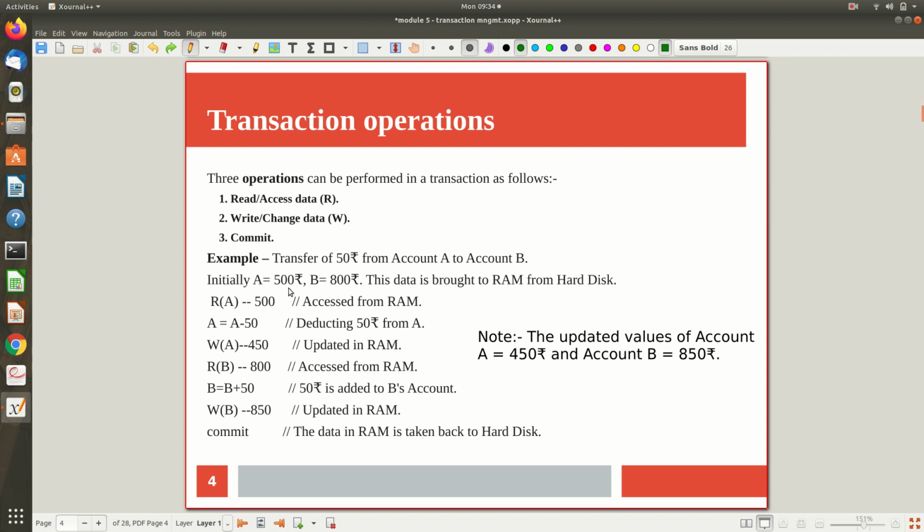Initially, R of A means a read operation you are executing on the data item A, so that you will get this 500 that is being accessed from RAM, because before starting this transaction we assumed that the data block containing A and B is available in RAM. So you are accessing from RAM, subtracting 50 from A and updating A, and writing it back, in the sense that data item A now contains the value 450. Similarly you are reading B, it is 800 for the time being,